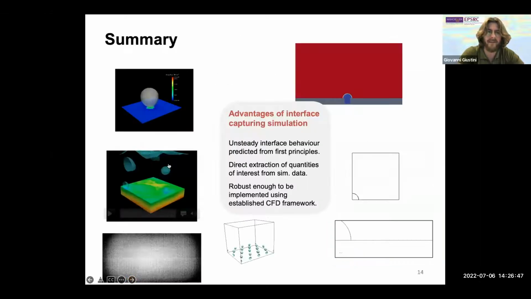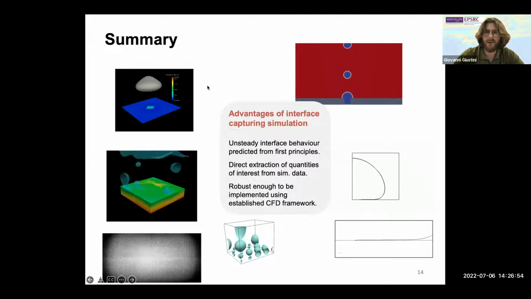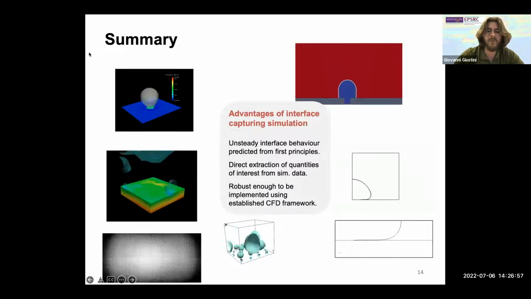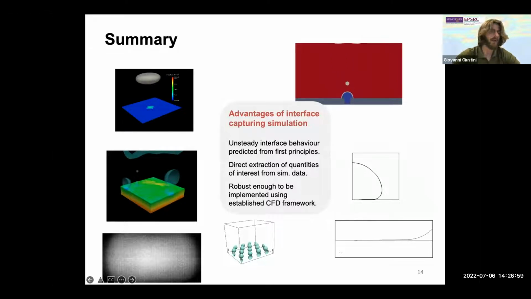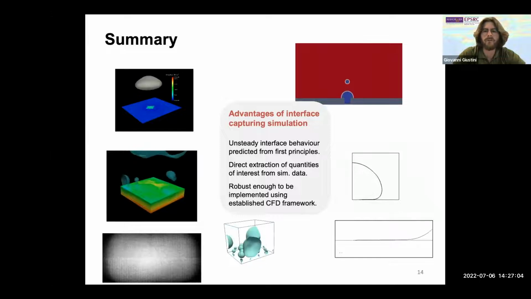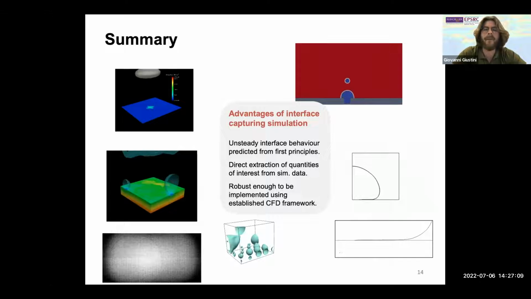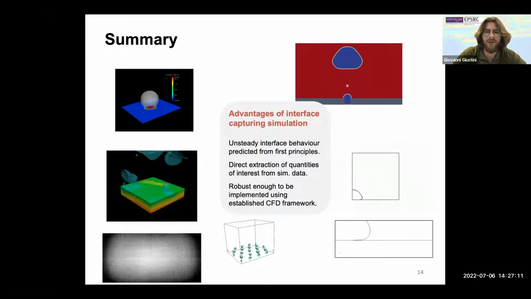However, having said that, there are also a lot of advantages associated with the use of interface capturing simulation, and I would like to conclude by listing some of these advantages, as well as showing some more videos of various examples of applications of interface capturing simulation, in this case, including simulation setups where we have a small population of bubbles. So first of all,